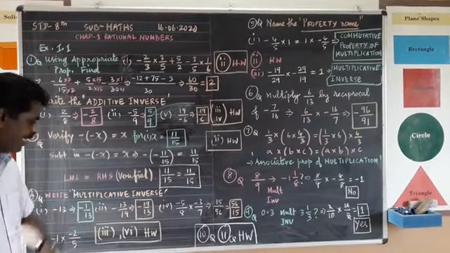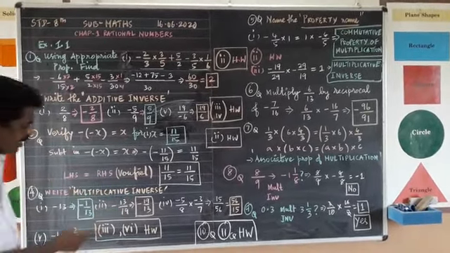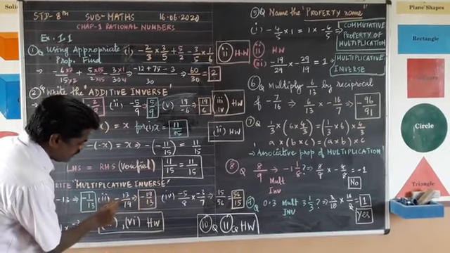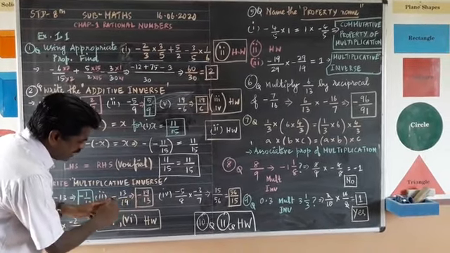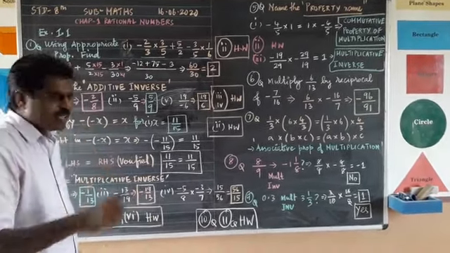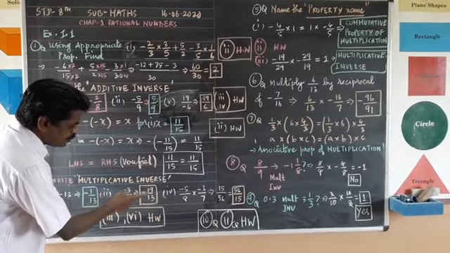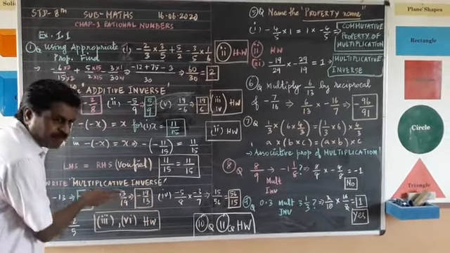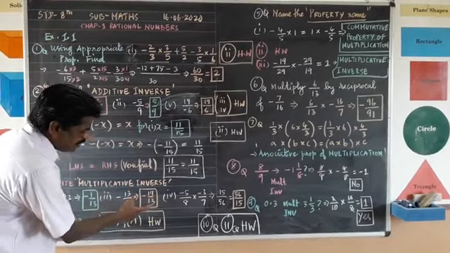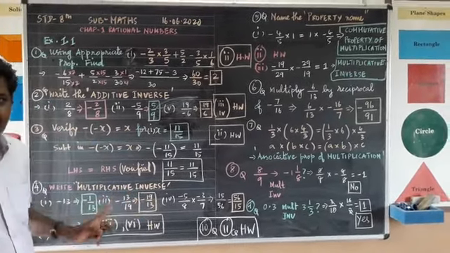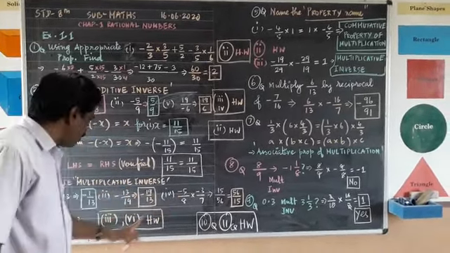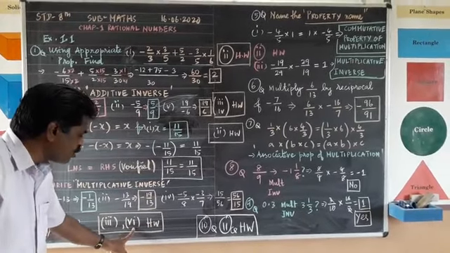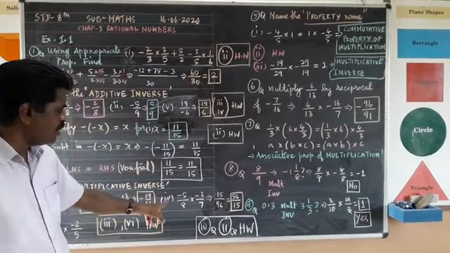Second problem, you see minus 13 upon 19. Inverse of that one is minus 19 upon 13, with the same sign, because minus into minus will become plus 1. So in the multiplicative inverse, only the number will change, 19 upon 13. So answer will be 1 if you multiply. Third problem and sixth problem you take as homework. I will do the fourth problem.